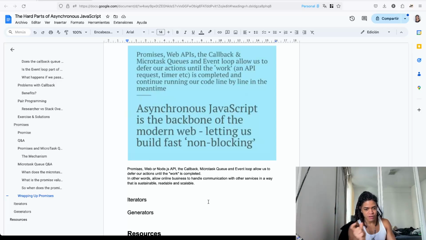So we receive this work. Let's defer this task, or let's do this task sometime in the future. And all of these components, all of this mechanism, is going to take care of that for us. So while we're still able to run our code line by line, this mental model is something that